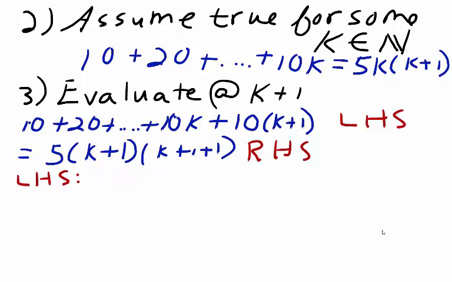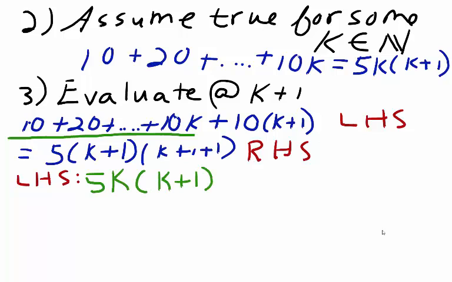This means that we can substitute this part of the left-hand side with the statement 5n, or rather 5k times k plus 1. Now we add our 10 times k plus 1,